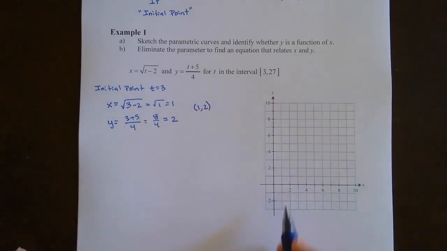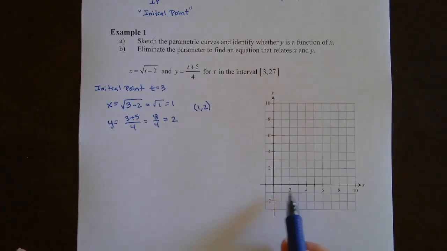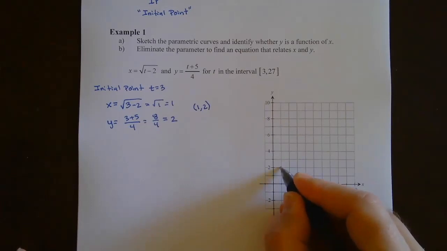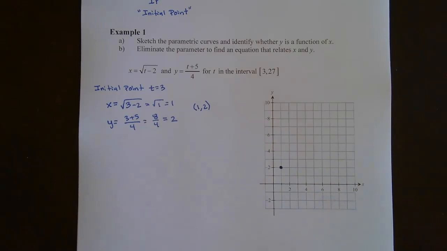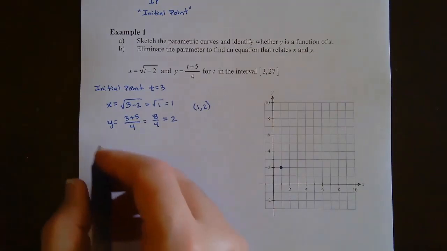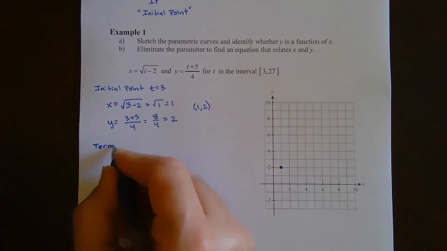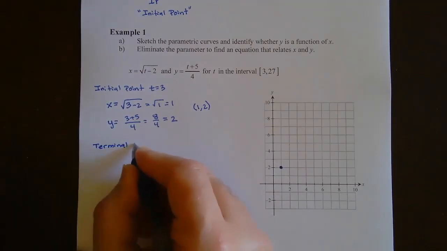So 1 comma 2, so the grid down here is scaled by ones on both the x and the y axis. So 1, 2 would put me right here. At time t equals 3, that's where the particle is, okay? That's the location on this plane, okay? Now, let's figure out the terminal point, okay? So the terminal point, the ending point, and these are the easiest to do first, okay,